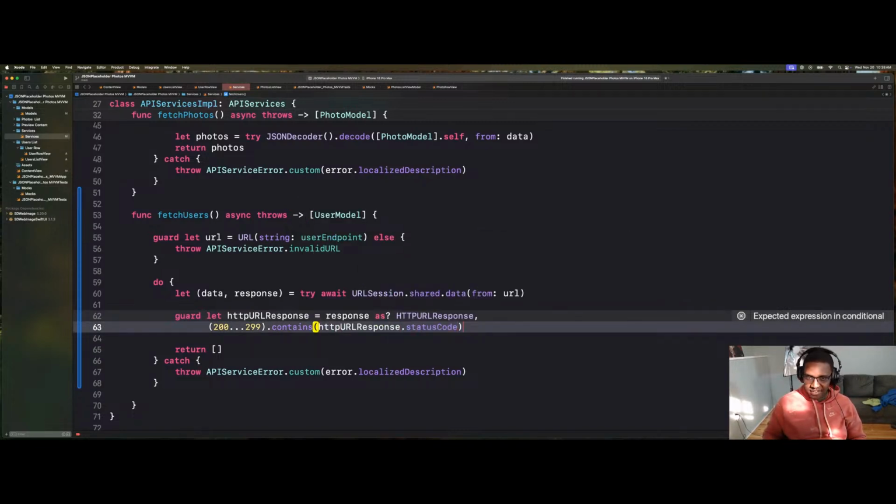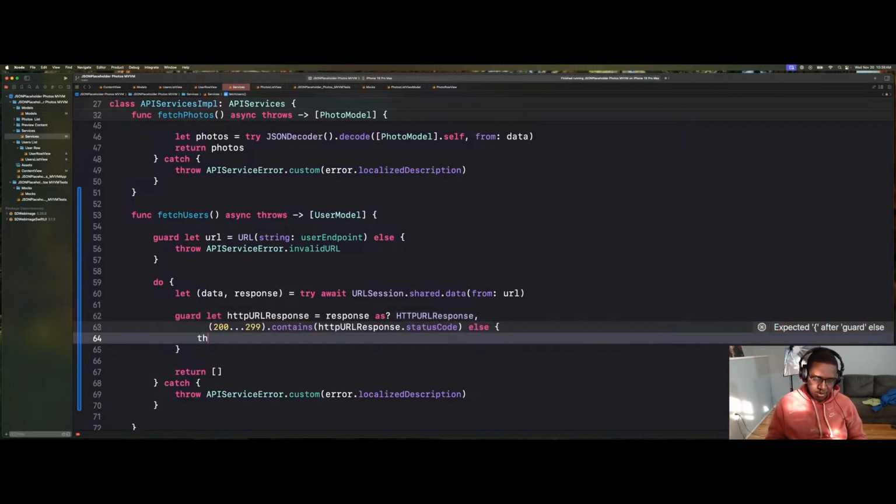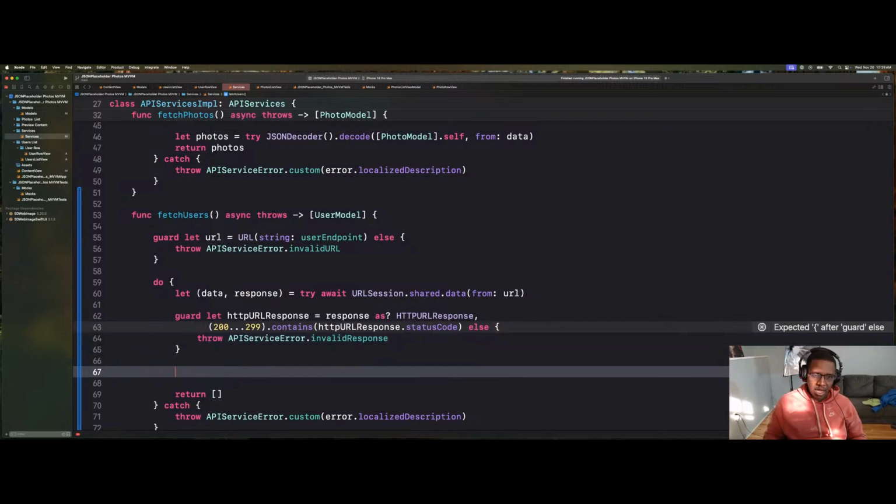Status code, and if it is, then we'd just continue to the next step. But if it isn't, we want to throw an error: invalid response. And we created these custom errors in the previous stream. If you want to, take a look to refresh your memory. All right, so now that we know the response is good, the URL is good,